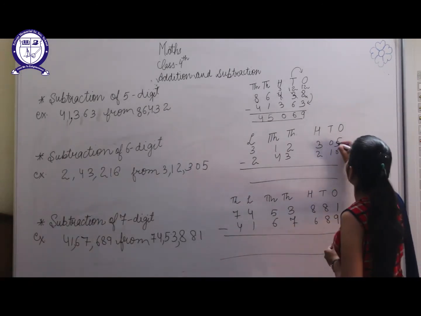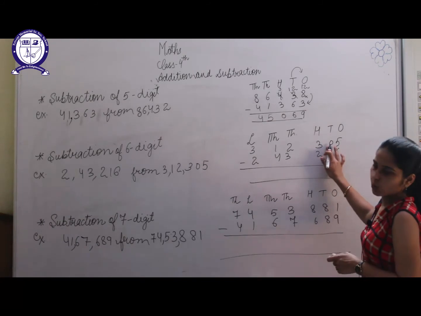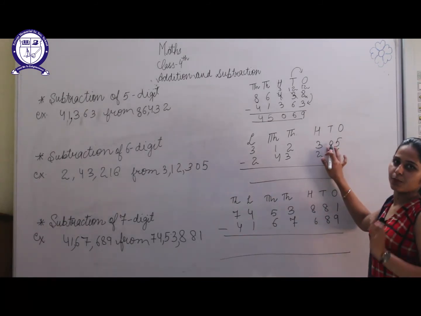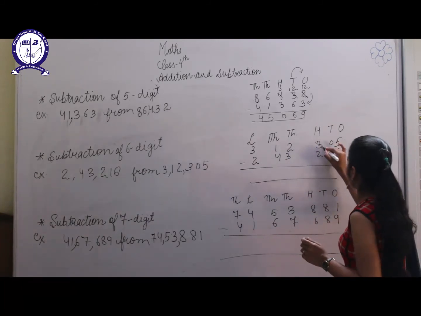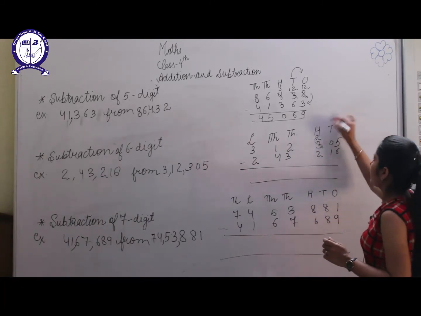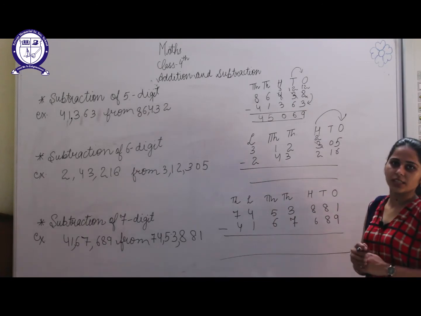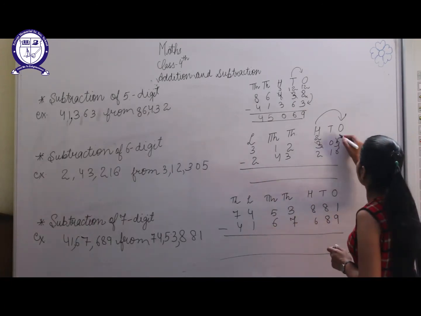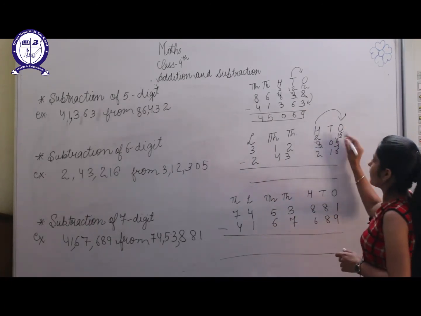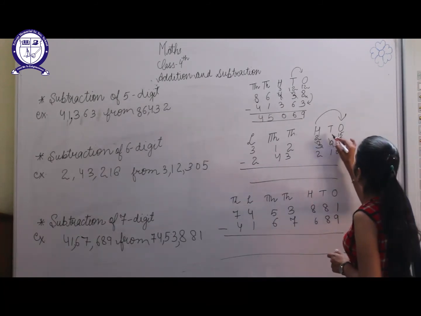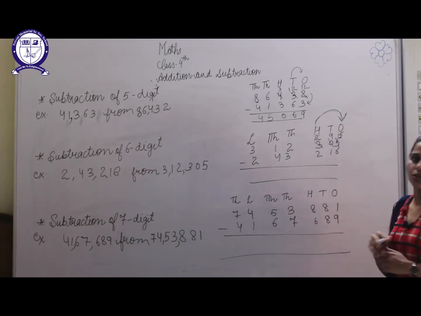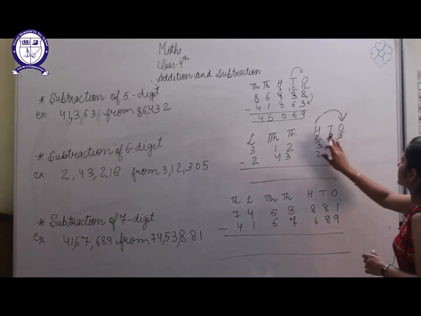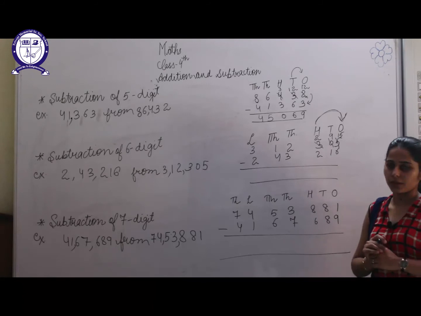So what we will do, we will take a carry, but here is 0. So we cannot take a carry or borrow from 0. So we will move towards the left-hand side, towards the 100s place. So it will become 2. This will give carry to the ones digit only, student. So it will become 15, and after giving carry this will become 9, because to give the carry to the ones place, it has to pass through the tens place, student.